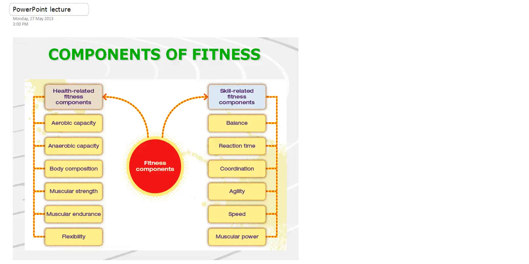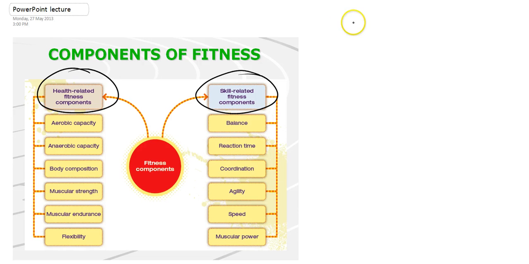This screencast is looking at components of fitness. Our study design divides components of fitness into two types: health-related fitness components and skill-related fitness components. Previous exams and previous study designs have split them up into two, these being